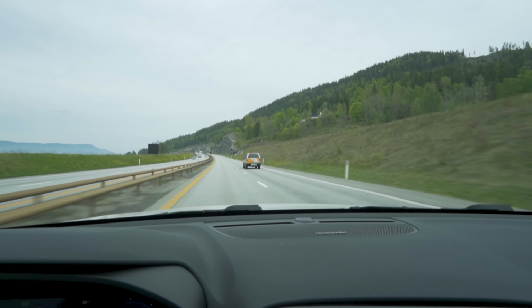Here we are guys, this is our turnaround point, the Mjøstar, which is this tower to our left. A tower built solely out of wood and glass. Tallest residential wooden building in the world at a little more than 86 meters tall. And then we're going to turn around in this roundabout. We're going to cross under the motorway, and then we're going to go into another roundabout and then enter the